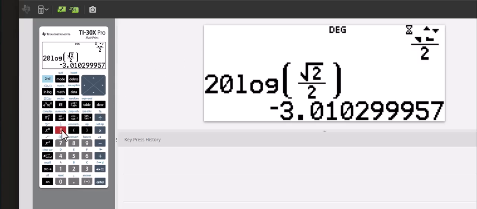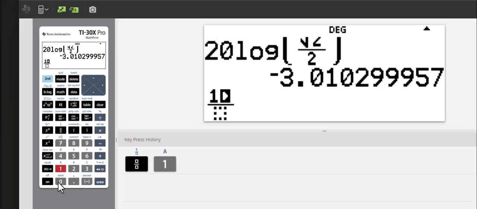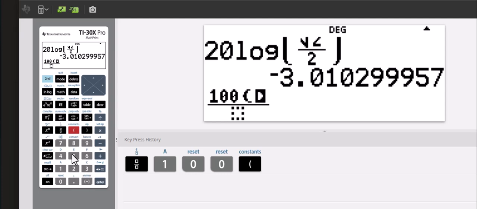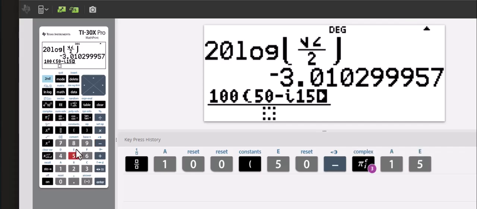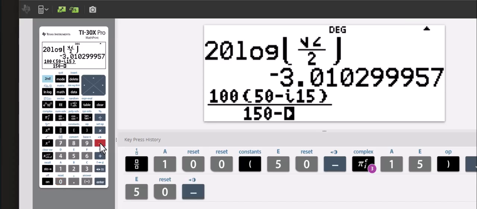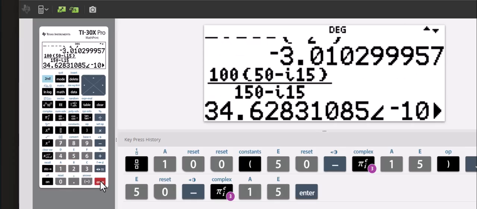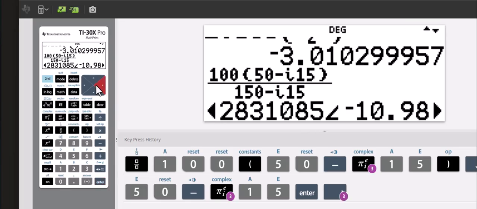Okay, so we wanted to have 100 times, was it 50 minus J15? Yes, 50 minus J15. Now I'm going to try to do some of this in my head. I believe that would be 150 minus J15. We'll see if I'm too sleepy to even do that. It's possible. J15 equals, okay, and so as a phasor, it's